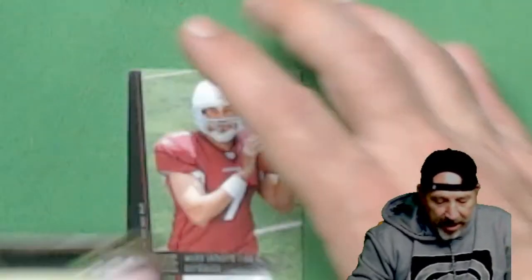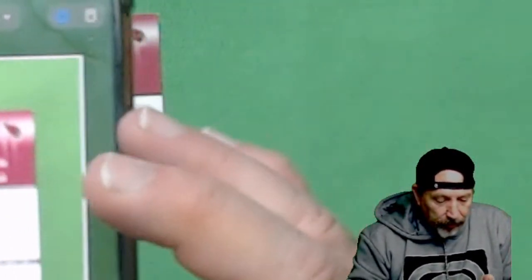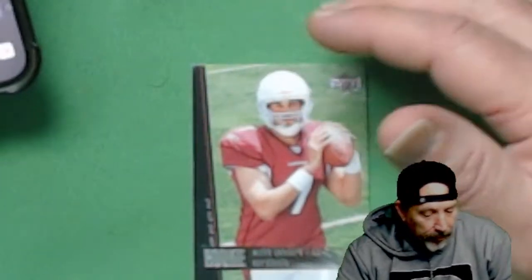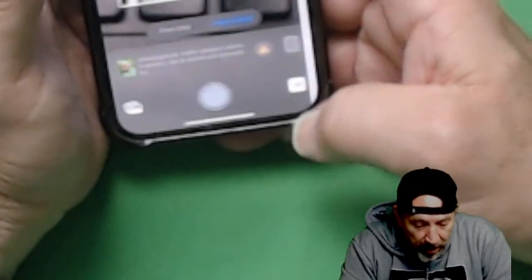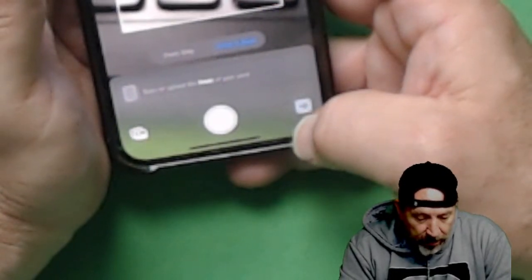Okay, so now I'm going to do a couple of other things. We'll scan those in. Now let's go to football, see if it's going to scan this Matt Leinart card. I'm trying to get a good view of it. It doesn't recognize it, so I got to use a different app. Okay, so let's go over to, I'm going to remove that one from there. And let's go over to our